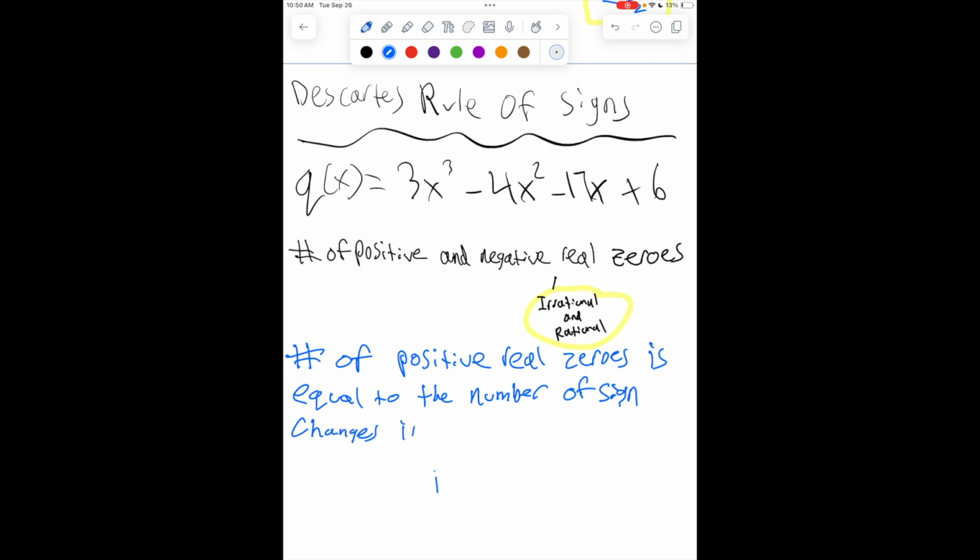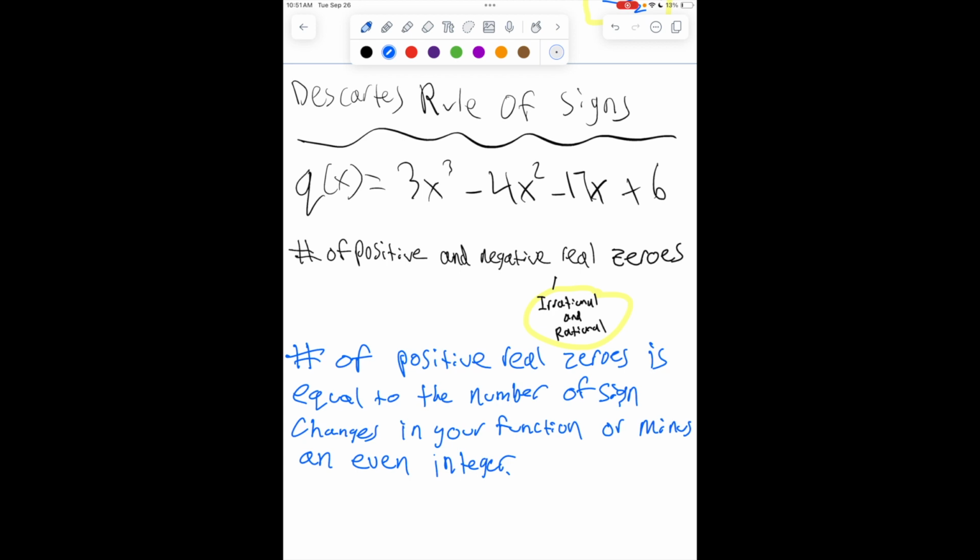in your function, or minus an even number. So we'll focus on an even integer. We'll focus on this second part after that. I'll explain that in a bit. But for the first part, the number of positive real zeros is equal to the number of sign changes in your